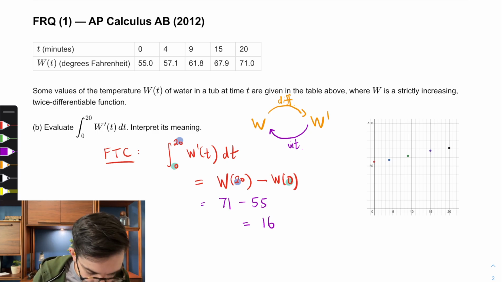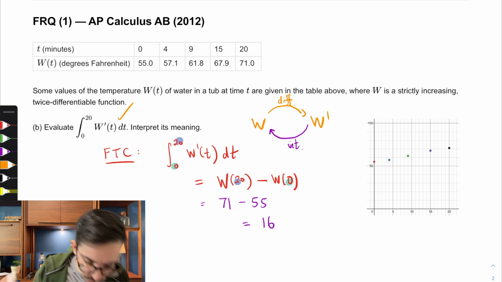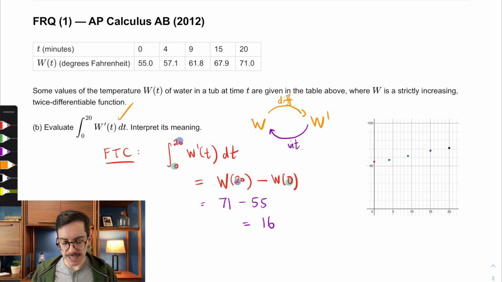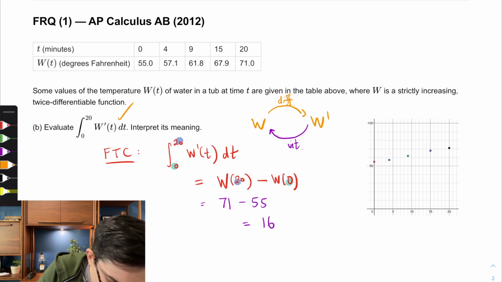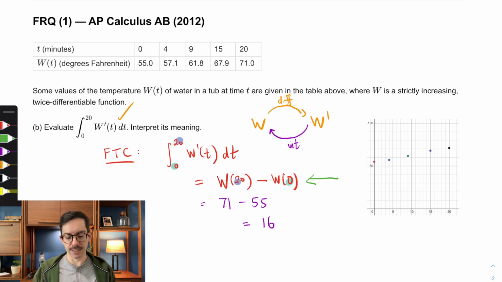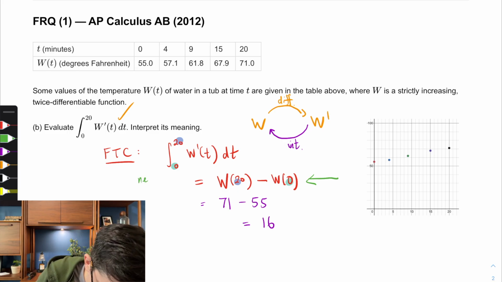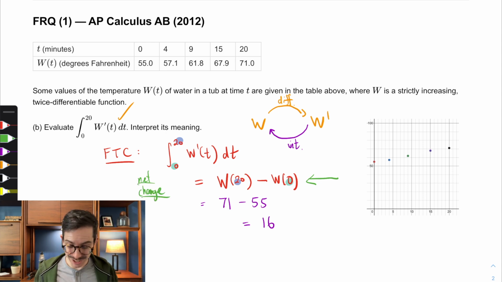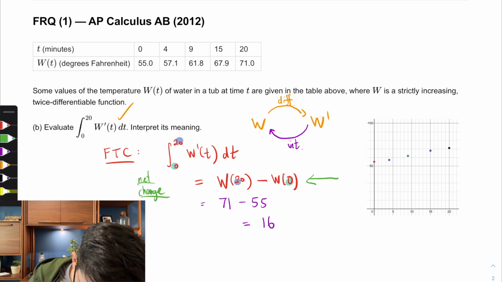So here we've evaluated this quantity. That is great. Now we just need to interpret its meaning in the context of the problem. Well, as long as we remember what the Fundamental Theorem of Calculus tells us, this says the net change is represented by this integral. It's the net change between t equals 0 and t equals 20. So this tells us that the water temperature